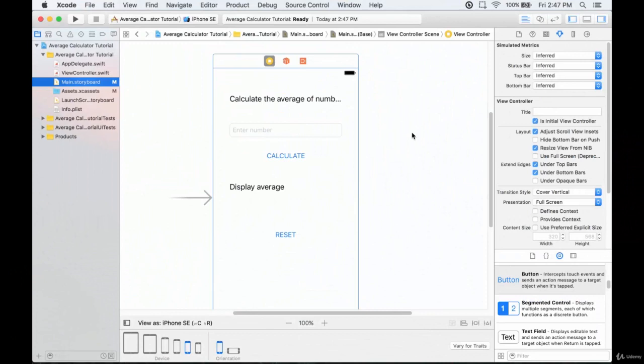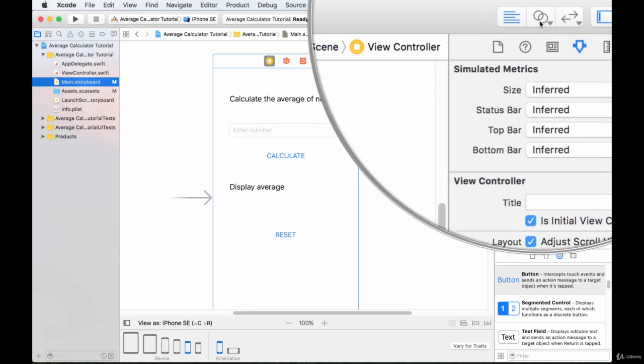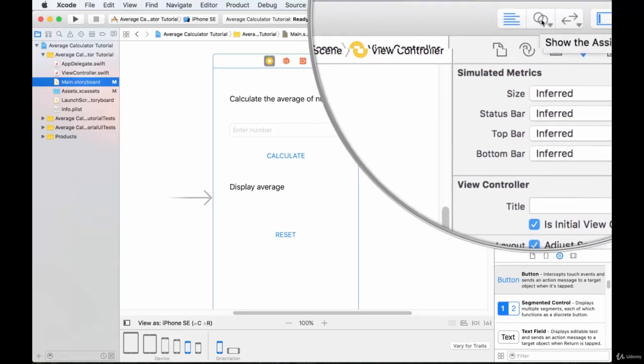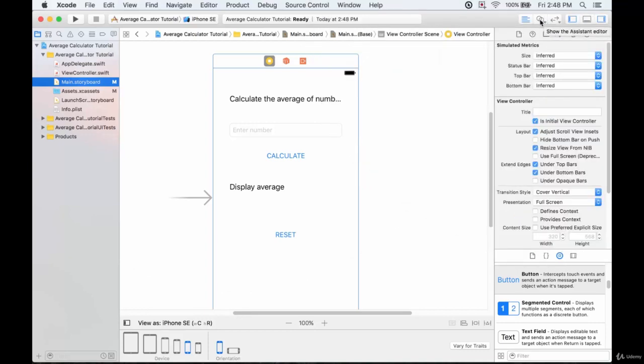Right, now we have our layout all designed, and just to recap, we have a label for the title, an input field for the numbers, a calculate button, a label to display our average, and a reset button. Now let's add these to the code so that we can modify them. And if you guys remember, the next step is to display our assistant editor. So we're just going to click on this,